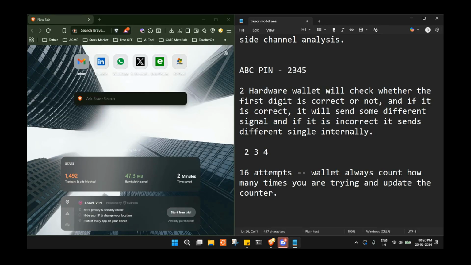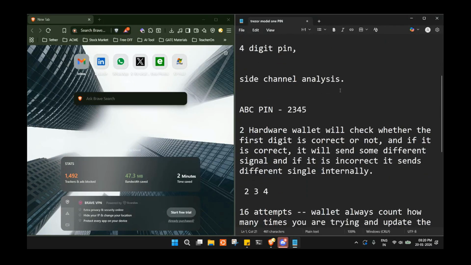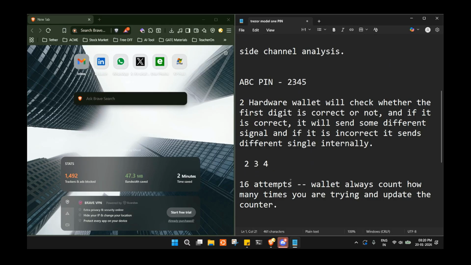So let us suppose Rajendra is counting one, two, three, four, five, six, seven, and I interrupt in some way. Maybe he will forget two, three counts and he will again start counting from zero. The same thing happens with the hardware as well. So in 16 attempts, how was Model 1 cracked? You might be thinking because Model 1 was also having the pin phrase. But how they were able to crack it is they were able to fool the microcontroller